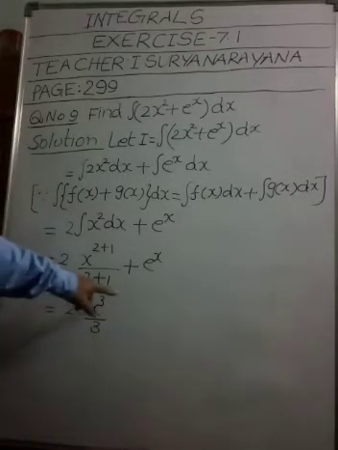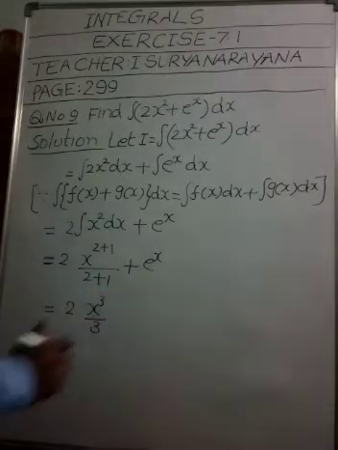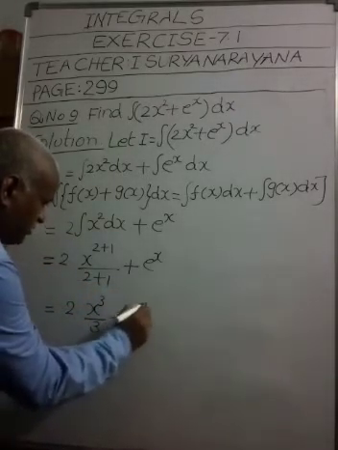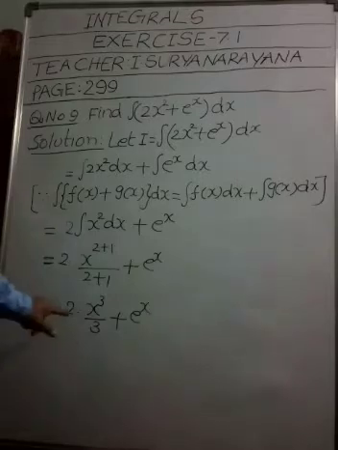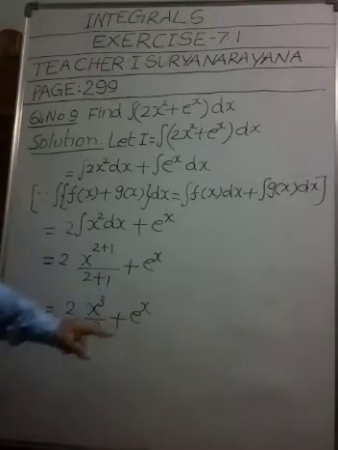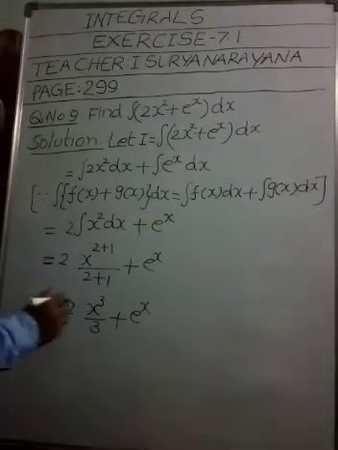In the denominator also we get 3. 2 plus 1, 3. Plus e power x. We write the second term as it is. Understood this step, my children? Right. Again we write 2 by 3